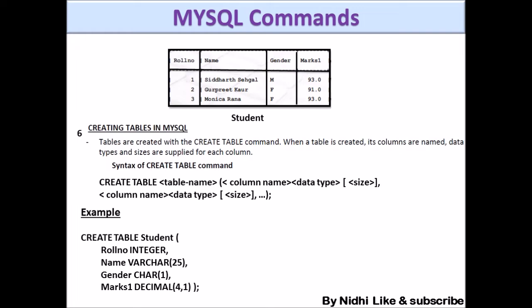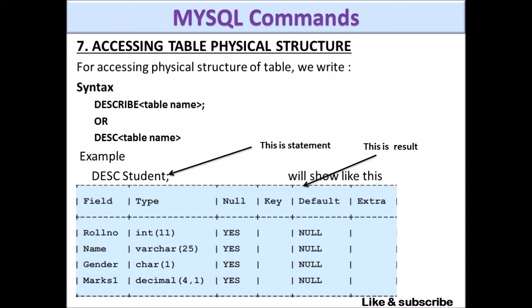After creating a table, you can see the physical structure of the table. This create command only creates a physical structure. In this table we have not given any value, so it is not containing any value, it is just a structure we have created with these column names. If you want to see the physical structure, what data type we have given and what value it is holding, then you can write the command DESCRIBE and the name of the table, or you can write DESC, which is a short form of describe, and the table name.